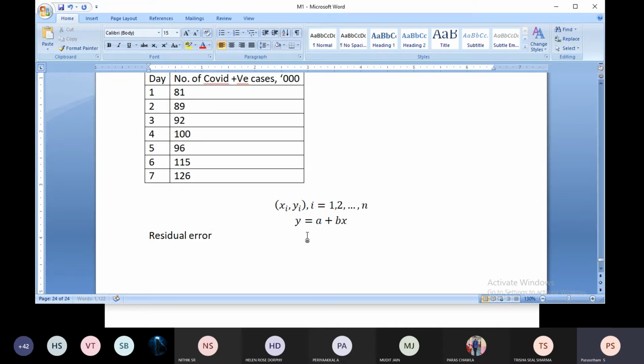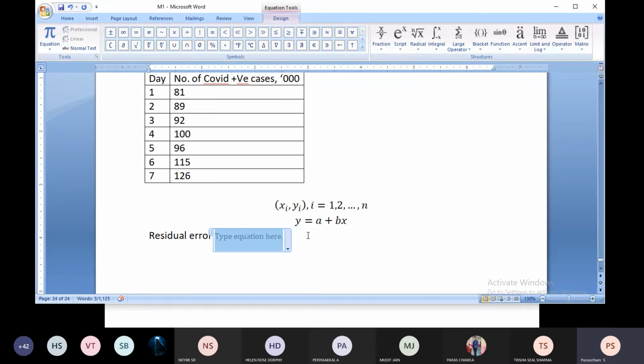So that means the residual error, say e, is equal to